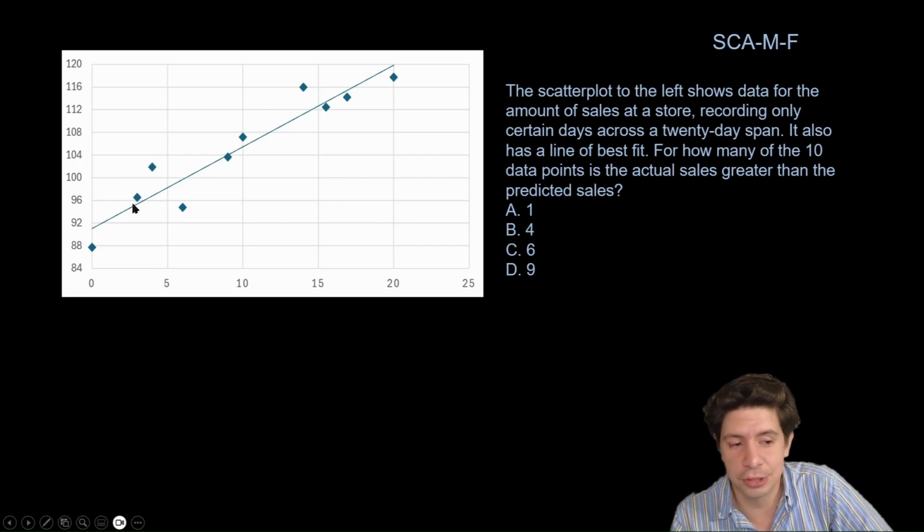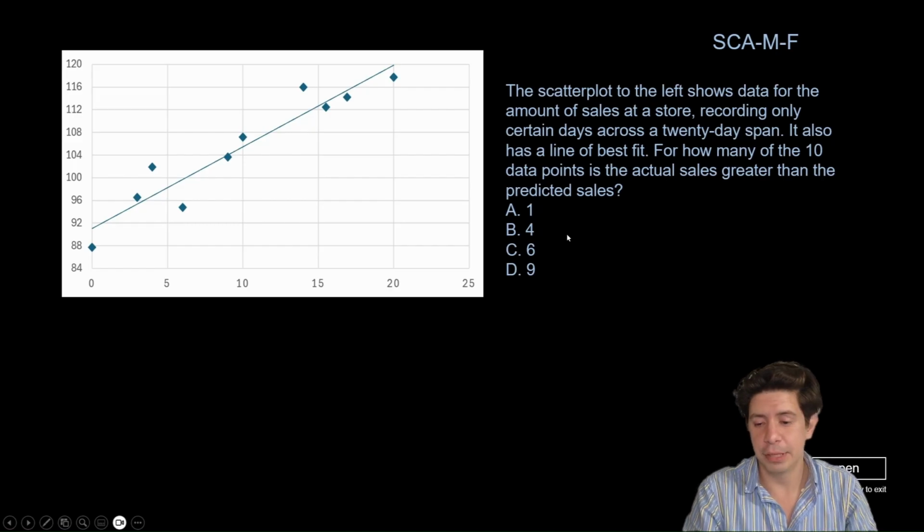So the actual sales are the dots. The predicted is the line of best fit. So we have 1, 2, 3, 4. So our answer will be B, as in